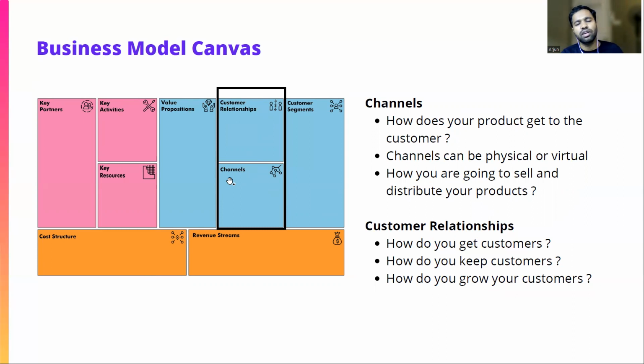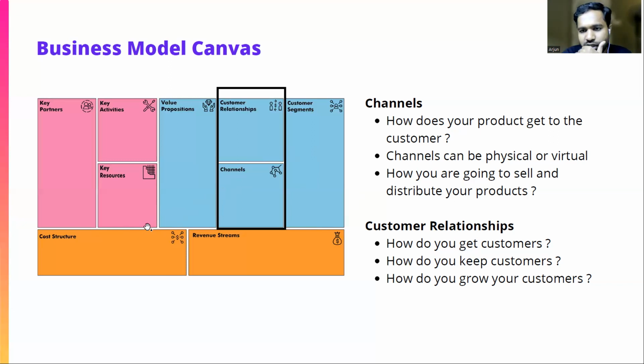Without considering these things, you really can't create a successful startup, or a successful company. It's not like you just have the product and everyone will be interested to buy it. In today's world, there are infinite products that everyone is trying to build. So you need to be unique in certain things, and you need to have a good relationship with your customers. You need to consider all of these things, and all of these things will impact your cost structure.